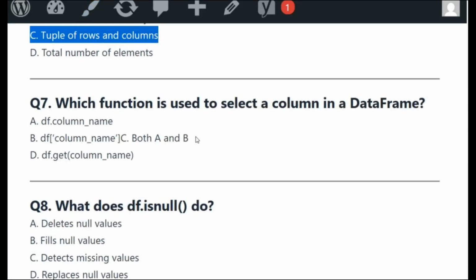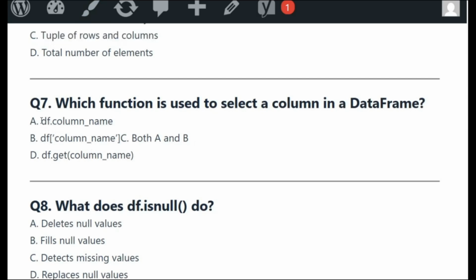Question number 7 is, which function is used to select a column in a data frame? A, df dot column name, or B, df square bracket column name in single quotes or double quotes. C, both A and B are correct, or D, df dot get column name. So the answer will be both A and B are correct here, because